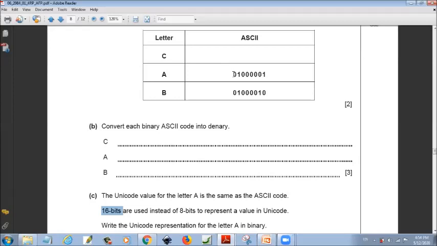Now I have the letter A here using the ASCII code. If I want to use it using the 16 bits of Unicode,